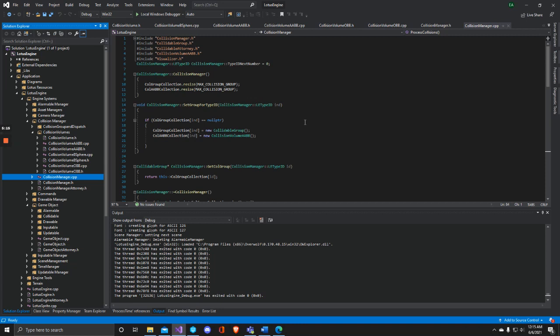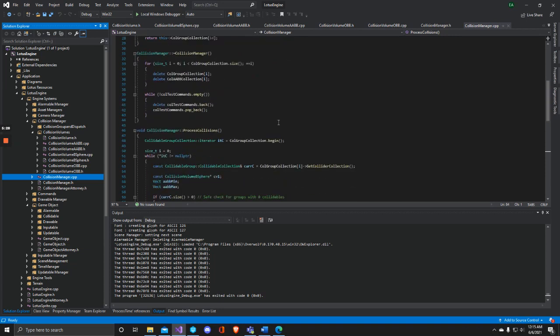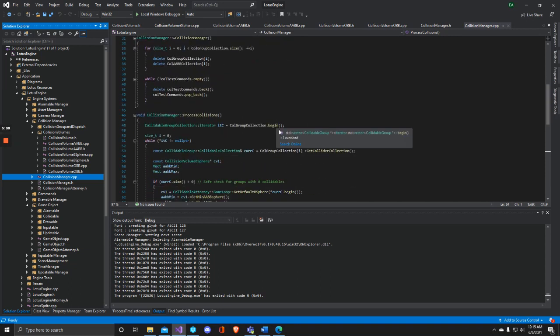Up here is where the setting for the group ID is. So every time a collidable group is created, a collision volume AABB is created for that particular index for that group. And then down here inside of the process collision, this is where I'm iterating through